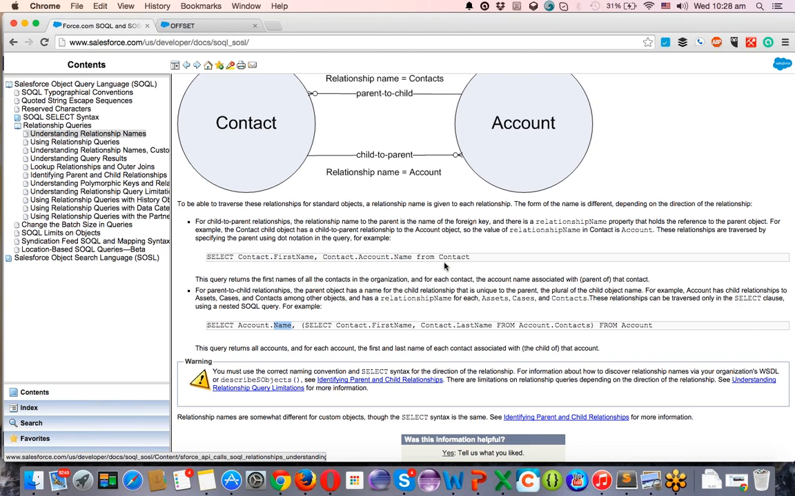As this is a standard object, right? I'm not seeing that __r. You don't have __r in standard relationships. Okay. It means I'm talking about this. Okay. In terms of when you are trying to access from parent to child, generally you query with